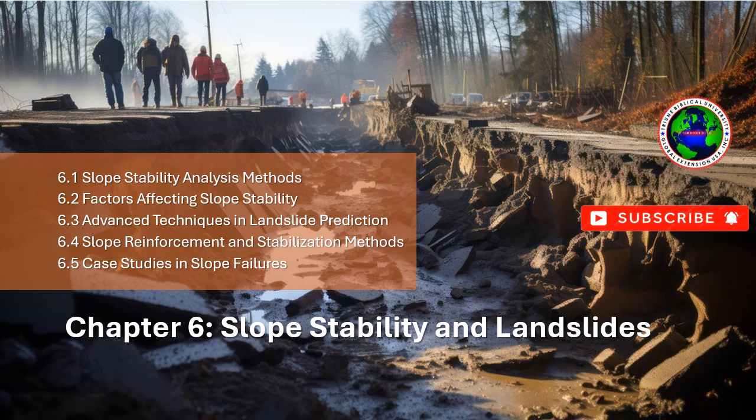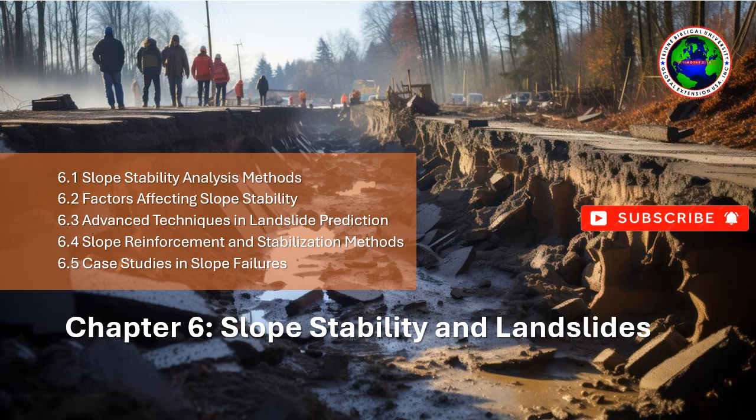Key features: simplified assumptions. Empirical methods typically rely on generalizations or historical experience to predict slope behavior. For example, the safety factor may be determined using guidelines from past landslide occurrences in similar